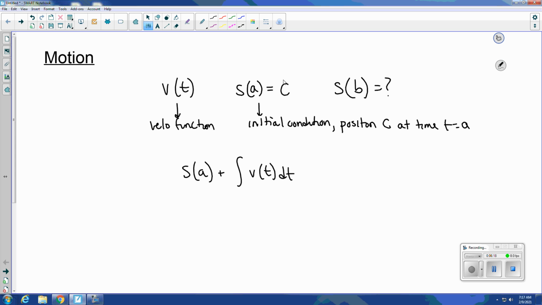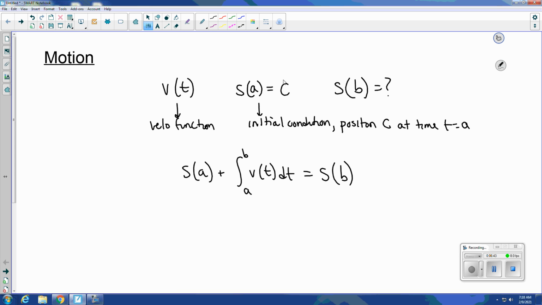Again, why are we doing this? Because all we have is a velocity function. If we had the position function, we could just plug in b to the position function, but we don't. We have the velocity function instead. We know where we start. We can integrate from where we start to where we want to end up in terms of time, and that will equal the position